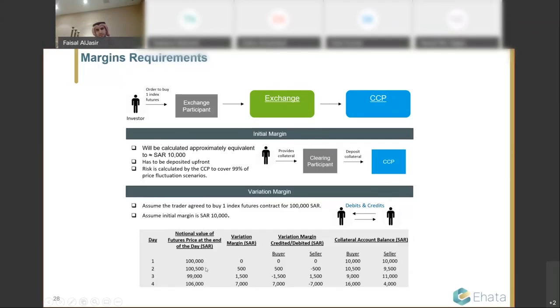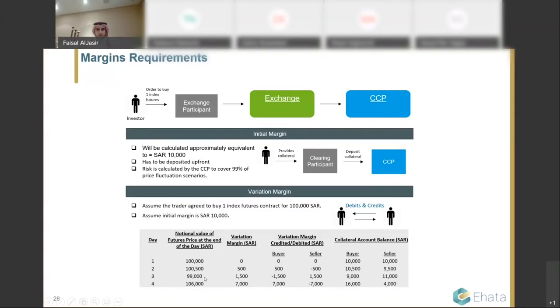As it increases, look what happens. It's 100,000, it becomes 100,500, and that variation is 500. If you are a buyer, you have just gained 500, and if you're a seller, you have just lost 500. What happens to your collateral account is that the buyer entered 10,000 and the seller entered 10,000, both the same. However, on day two the buyer has just gained 500, and the seller has just lost 500, and